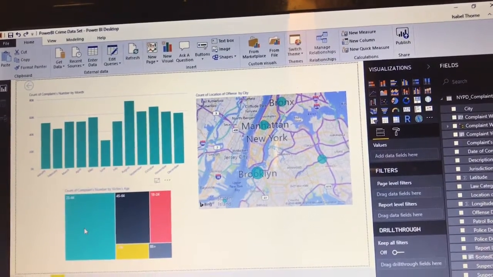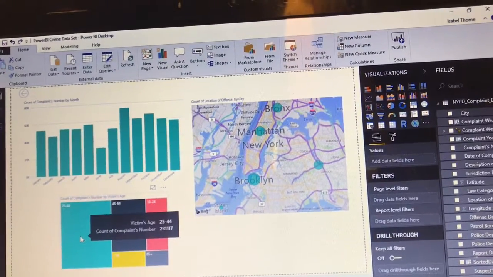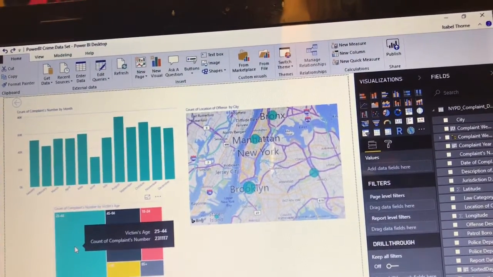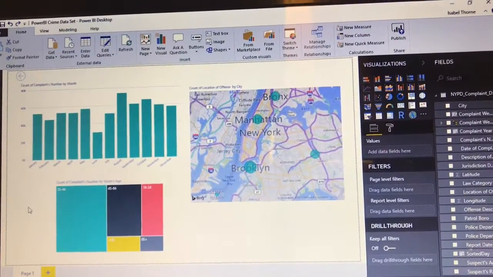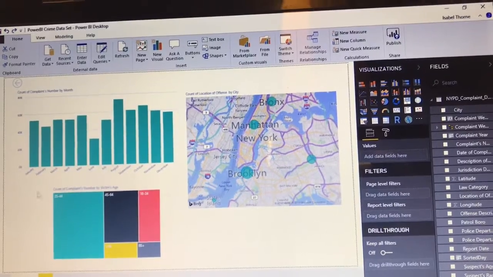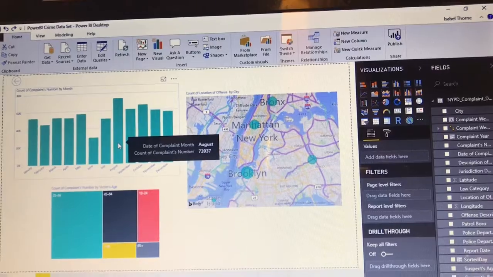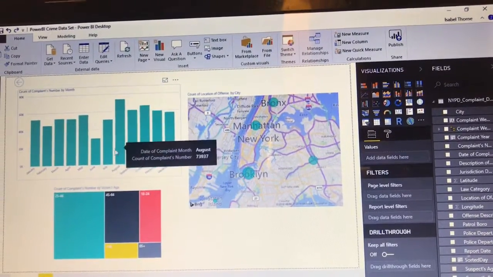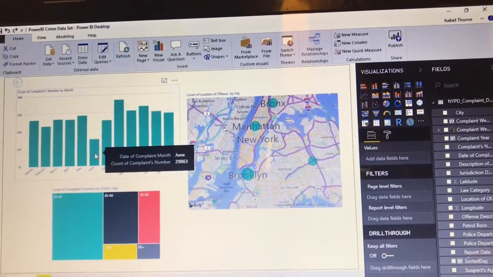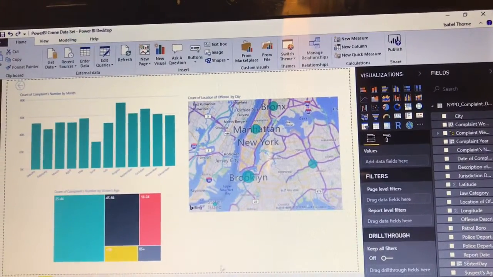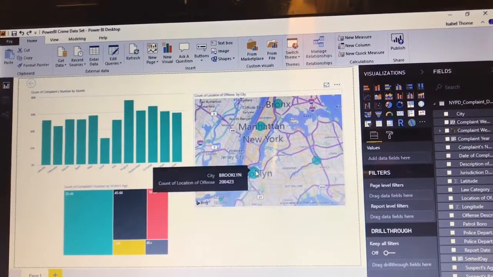So for our next visualization, we focused on the question of what age were most victims. So what we found here is that age 25 to 44 had the most victims with 231,117. So next we have what months have the highest and lowest crime rates. So we found that August has the highest crime rate with 73,937 crimes, and June was the lowest with 29,863 crimes. So next we focused on which city contained the most crimes, and we found that Brooklyn contained the most crimes with